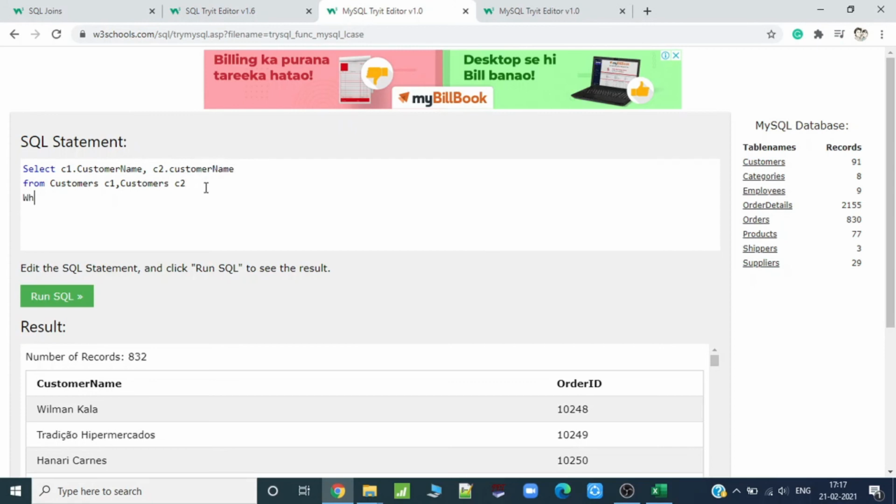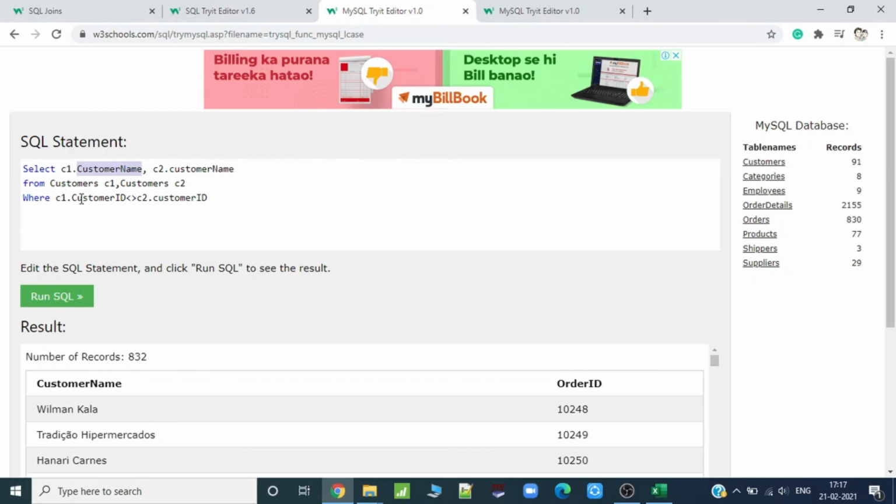Now where C1 dot customer ID is not equal to C2 dot customer ID. Why am I using ID and not name? Because there might be a condition that two different customers have the same name, but we know that their IDs will be different.